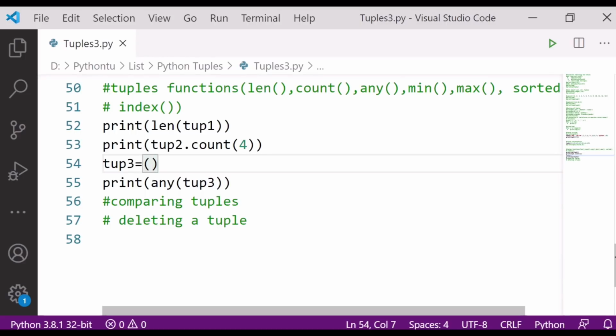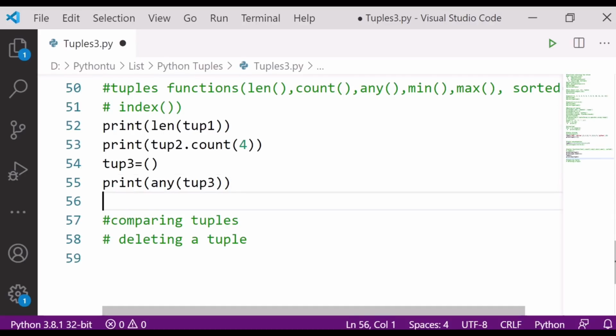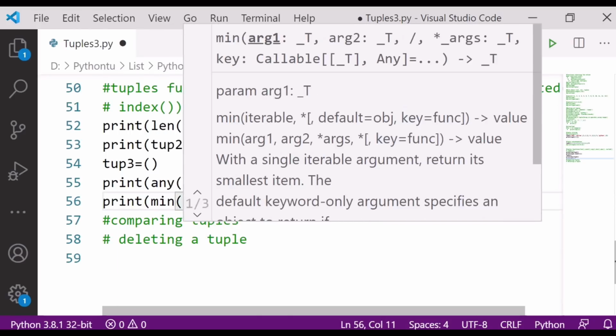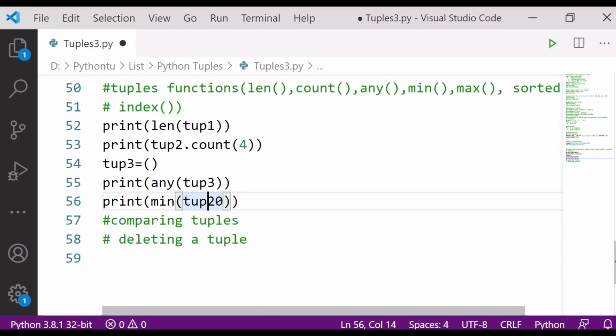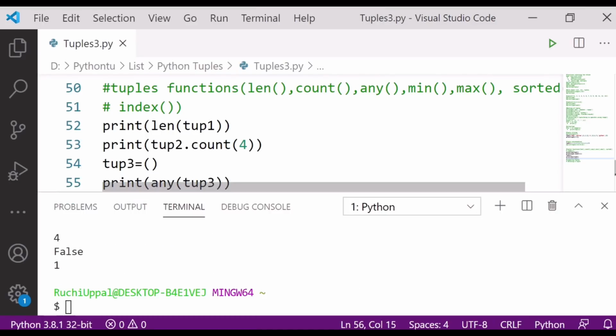Now the next is minimum and maximum. That's very easy to find out the minimum value and the maximum value. So print min tuple 2, Control S, see, the minimum value is 1 here.